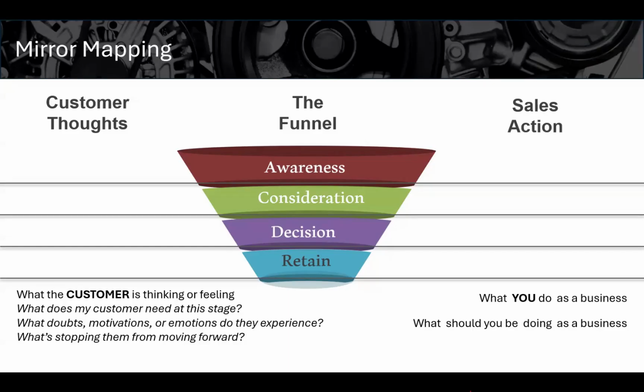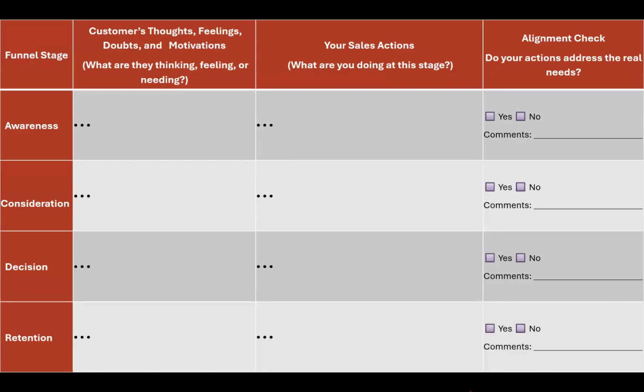Okay. Now, for you to do this, in your workbook, there is a table such as this, where you write the different stages of your funnel. Then in the first column you write what is your customer thinking, feeling, or what do they need? उनकी ज़रूरत क्या है, वो लोग क्या सोच रहे हैं. Why will they say नहीं नहीं ये मेरे लिए नहीं है, right? If you write that down, and the best thing is